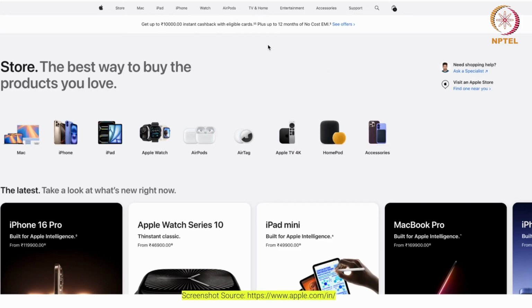And the sense of continuity is there in terms of how the menu texts are arranged in such a way that it feels like you read from left to right, right? And then you gradually focus here. The primary focus is on the segments they are trying to project. So this is the Mac segment, this is the iPhone segment, iPad segment, watch, and other accessories associated with that. So your eyes flow from left to right, but again there is a continuity in terms of the idea of segments.